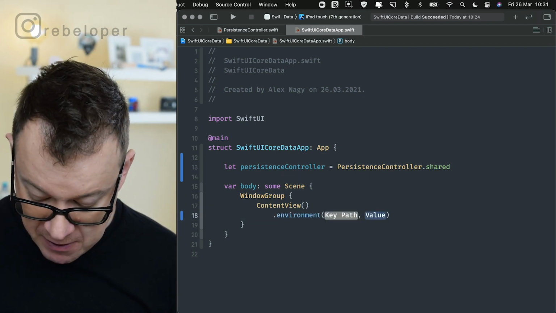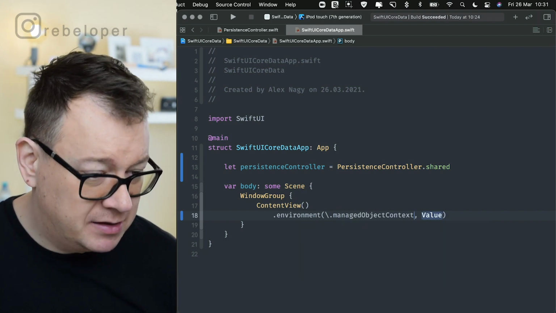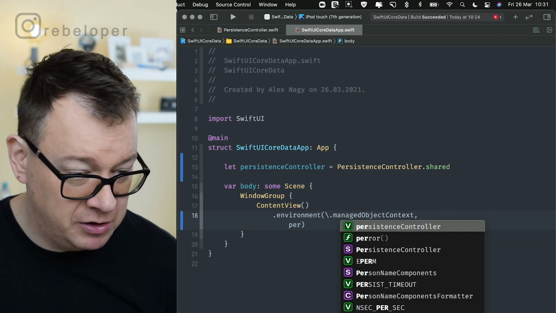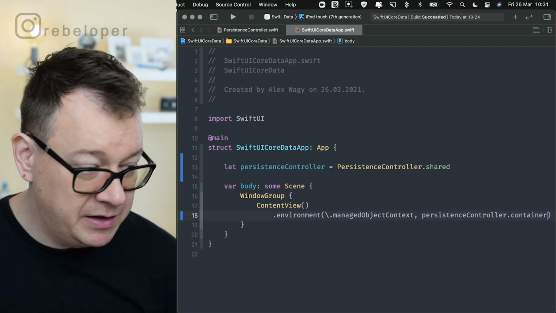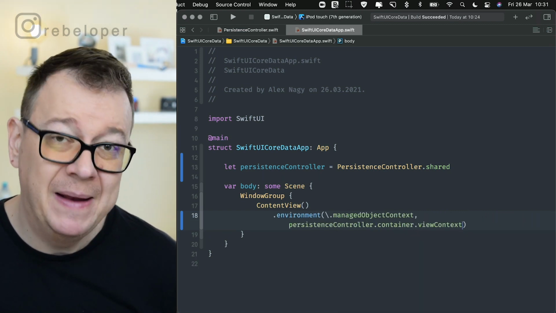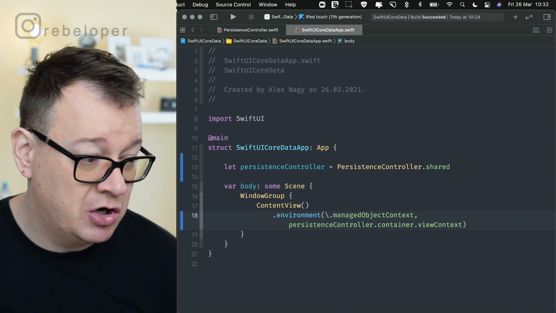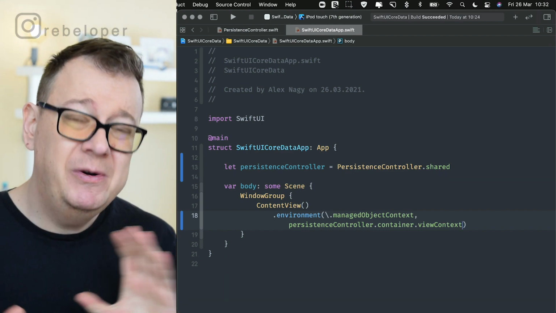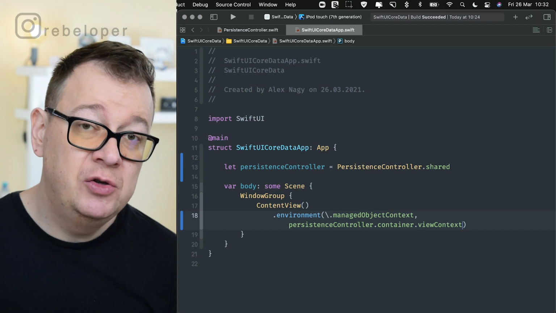Now the key path will be \.managedObjectContext, and this will be our persistence controller. So this is just a controller, so we want to grab its container and the view context. Okay, so that's our managed object context injected as an environment into the content view. Okay, this is great. So we are going to save and delete stuff, but it's a good practice to save